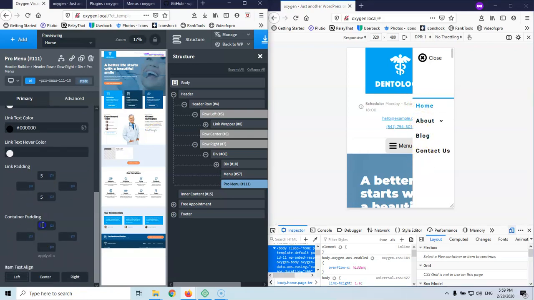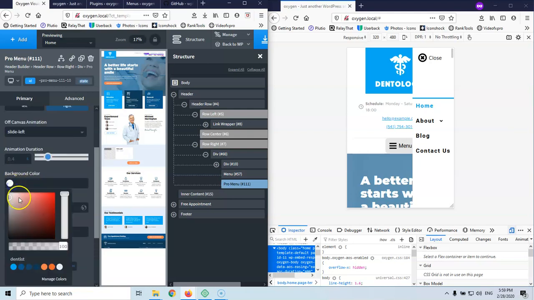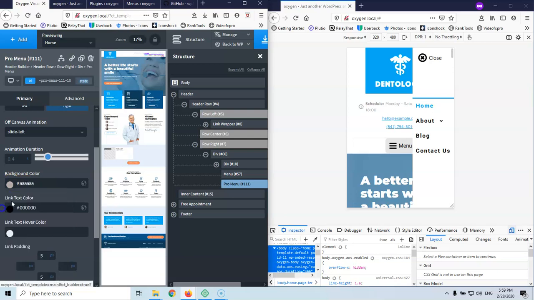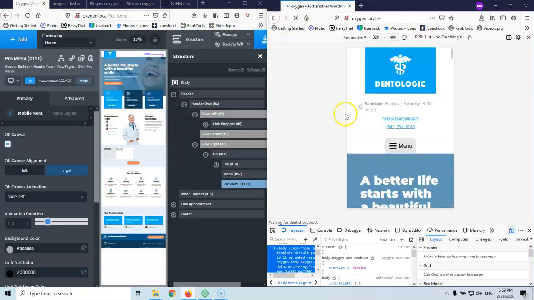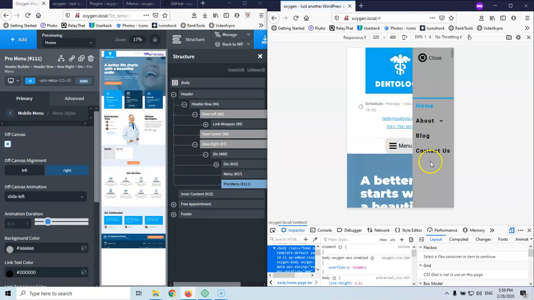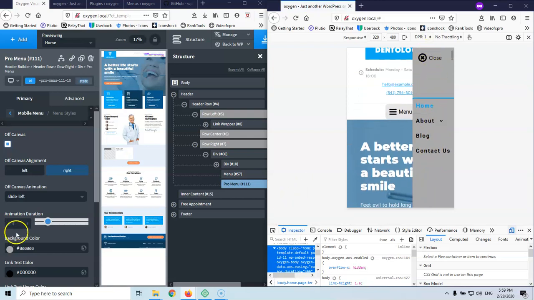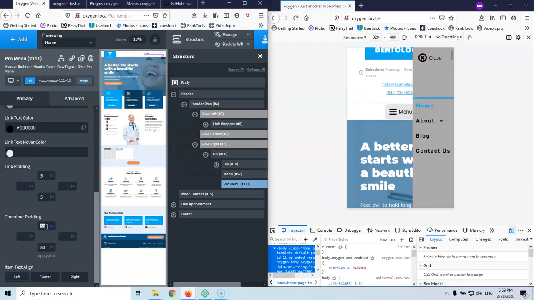And then we can have a padding in the container. Let's go for 50 and 50. And let's give it a little bit of background color. Let's save that and refresh. And nothing happened. I think, yeah, it's a padding, not a margin, so I will choose how I want to